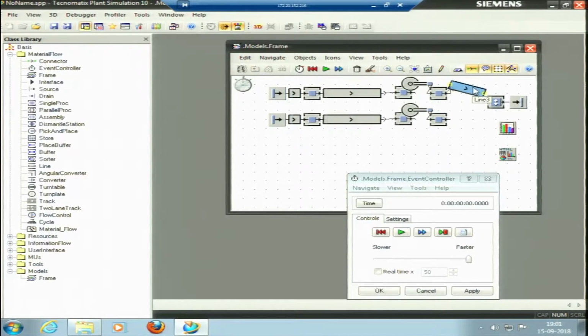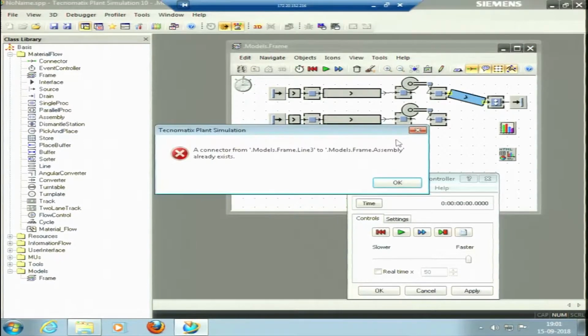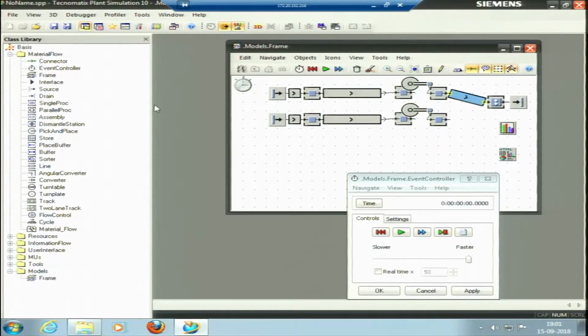Okay, is it connected? No, it is still to be connected here. A connector would connect the line to the assembly and another line. So a connector would connect this to this.